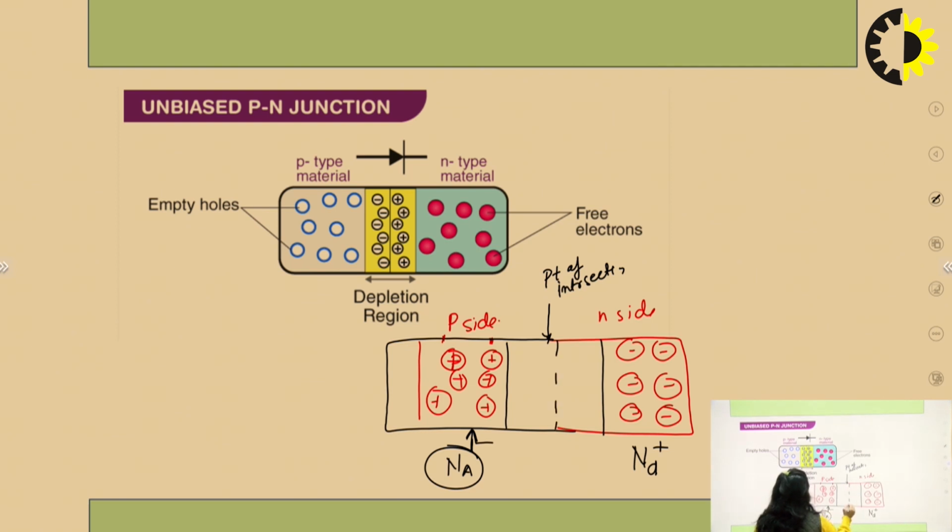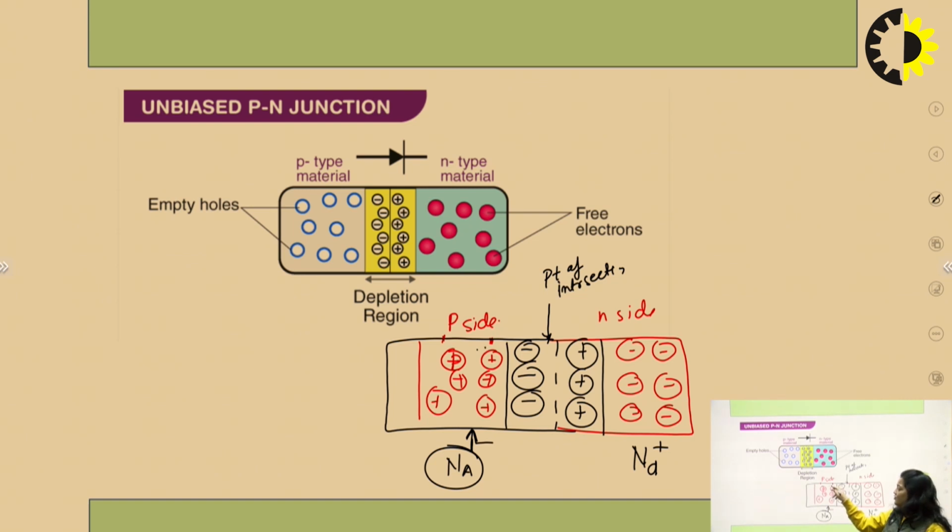Ions means here, at the edge of the p side, we have acceptor ions, which have a negative charge, and on the n side we have donor ions, which have a positive charge. As one is positive and the other negative, they provide a solid charge barrier, so that no more holes will pass through this barrier to go to this side,